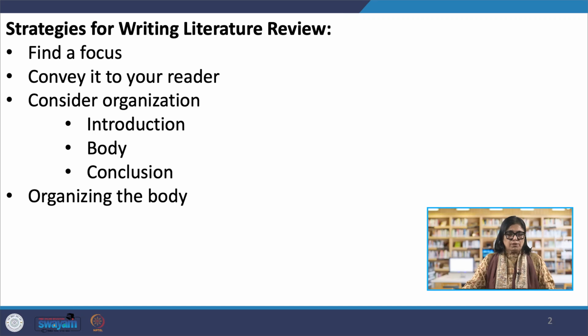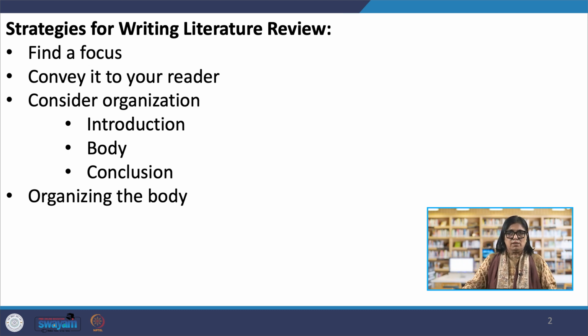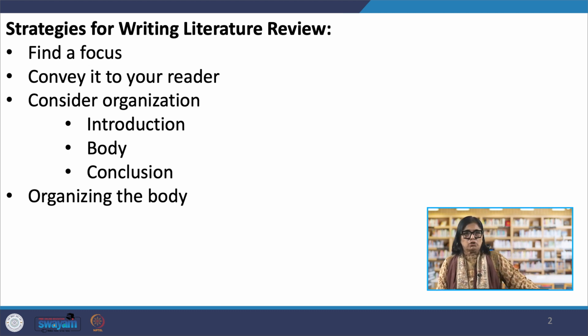Now, strategies for writing the literature review, which is a very important part. So, first is to find a focus. It should be focused. A literature review, like a term paper, is usually organized around ideas, not the sources themselves, as an annotated bibliography would be organized. This means that you will not just simply list your sources and go into detail about each one of them